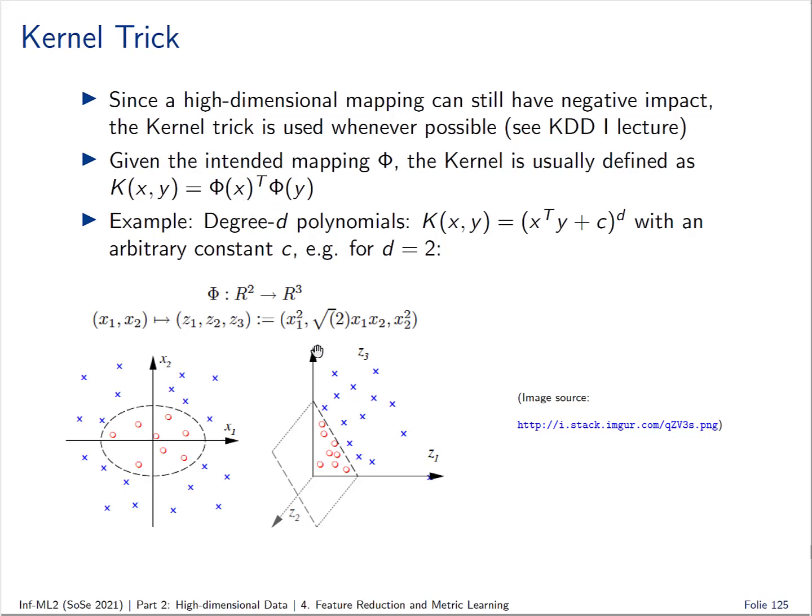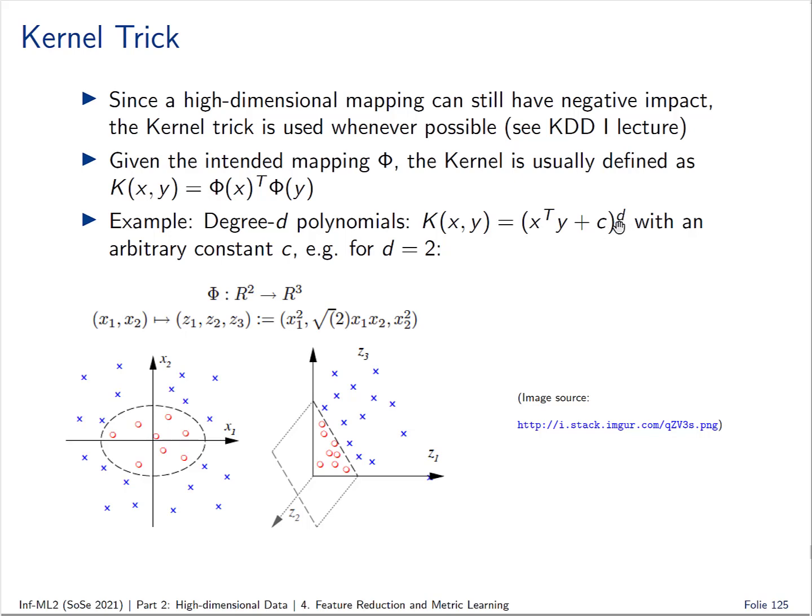And this here is an explicit example for the so-called degree d polynomial, where the degree d here is 2, so quadratic relationships, and the kernel function can actually be rewritten as x transpose times y, where x and y are the original observations from the original feature space,